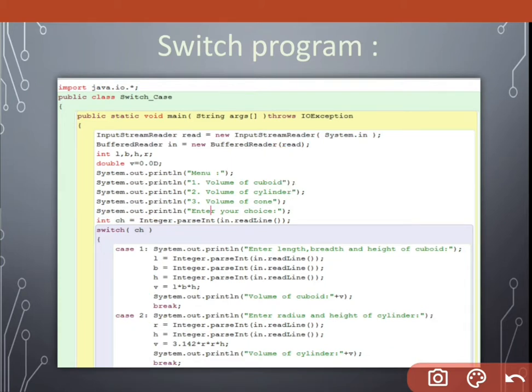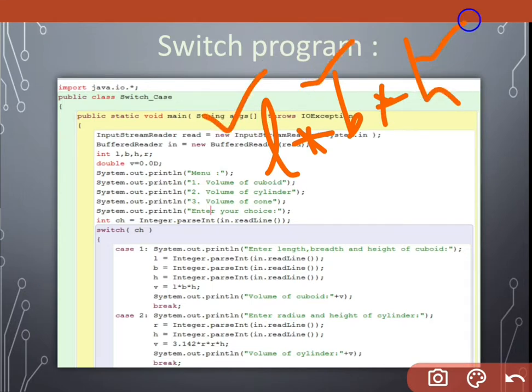And see what we have to do. If the choice of the user is 1, it means the user wants the volume of a cuboid. The formula for the volume of a cuboid is length into breadth into height. So first of all, we want length, breadth and height. That's why I'm accepting the values of length, breadth and height.